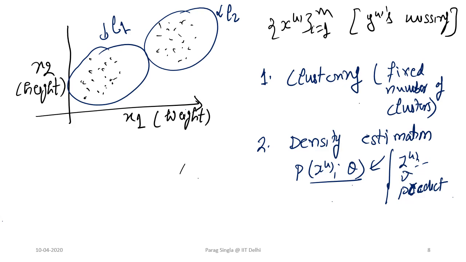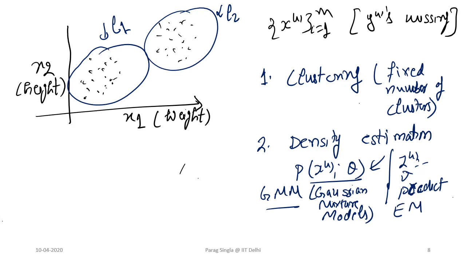In this context, we will look at two techniques called GMMs, or Gaussian mixture models, which are a generalization or extension of GDA to the case when there are missing labels. We will also look at a very important classical algorithm called expectation maximization,